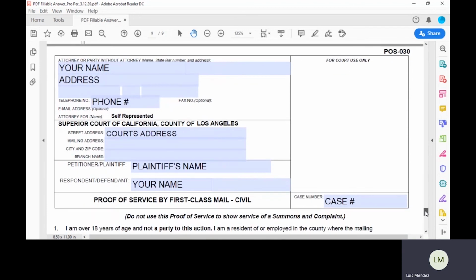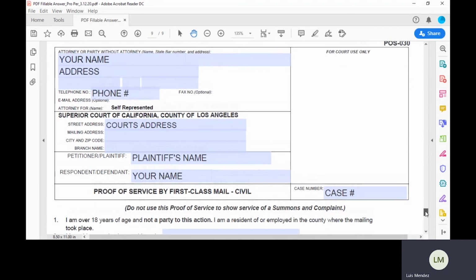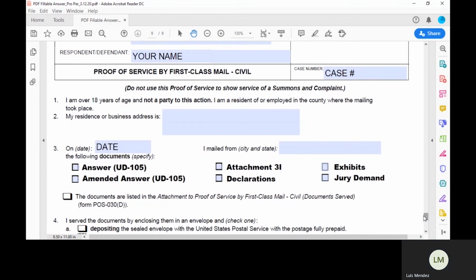The next page is a proof of service. Proof of service is included because you need to serve a copy on the plaintiff. So you will need somebody to mail your answer for you. If you're not sure who can mail your answer for you, just look at number 1, which tells you who can. The person that mails it for you will have to complete number 2. Then in number 3, they'll put the date they mail your answer and the city and state they're mailing it from. In number 3, check the boxes for attachment 3L